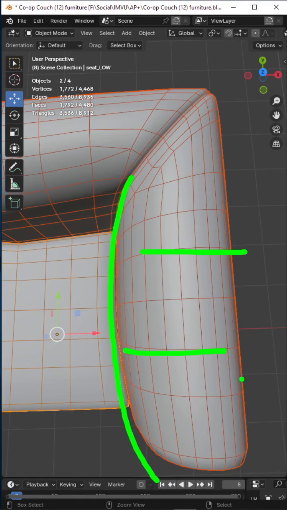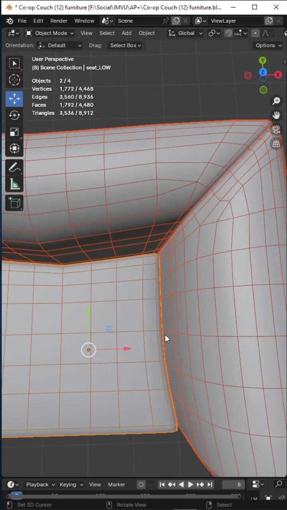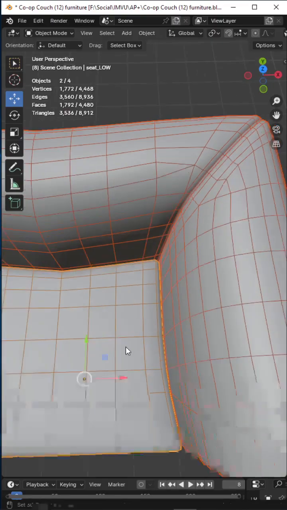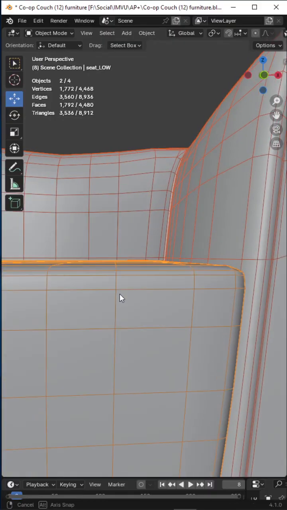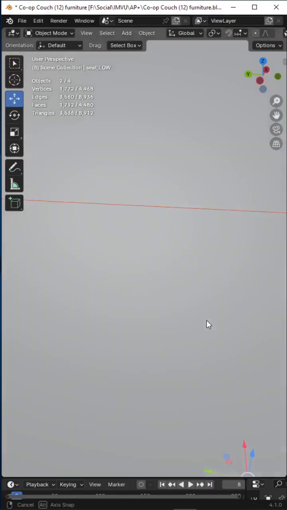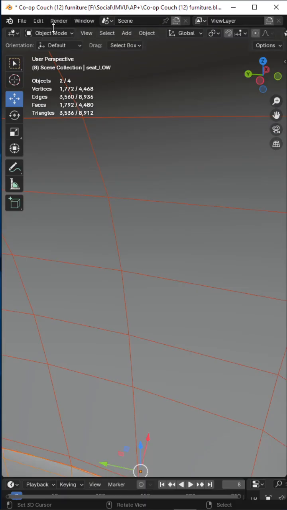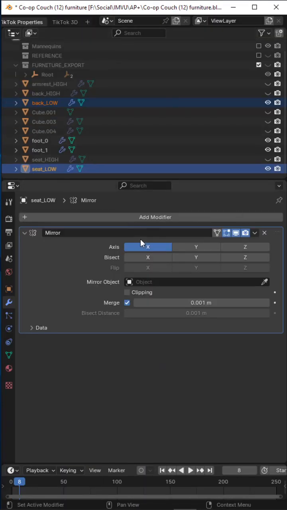So maybe taking out these edge loops, and as this is not animated, maybe we can take out a lot more of the edge loops on the seat, because that's a relatively flat surface, so we don't need to worry about maintaining, hang on, let's just hide the, we don't need to worry about maintaining